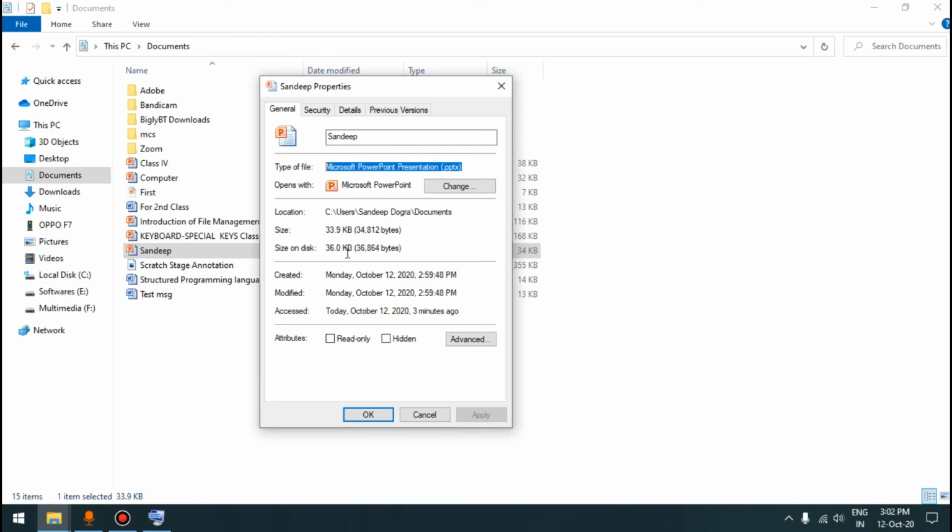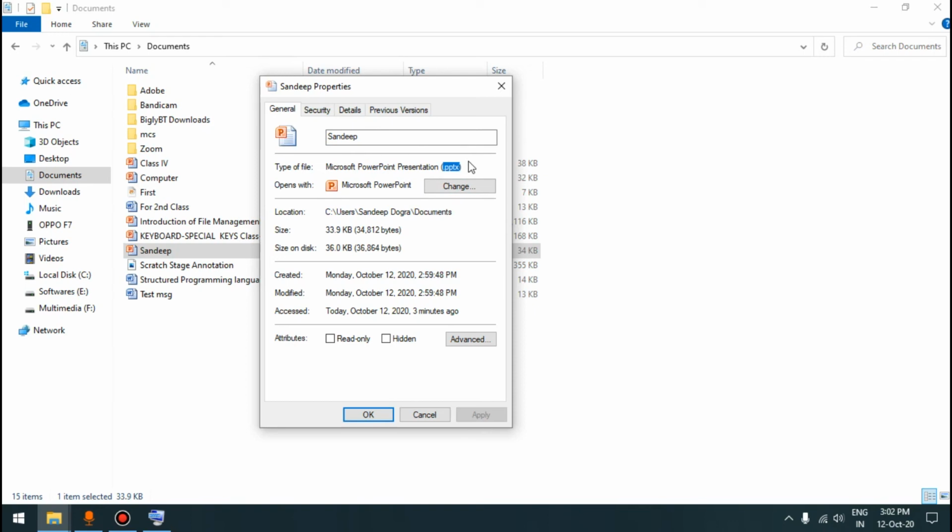Look at this part of the window where I have selected. Here it is mentioned type of file. So what type of file have we created? We have created a Microsoft PowerPoint presentation file. And look at this area, this is called the extension. If you look carefully, first there is a dot, after that PPTX.